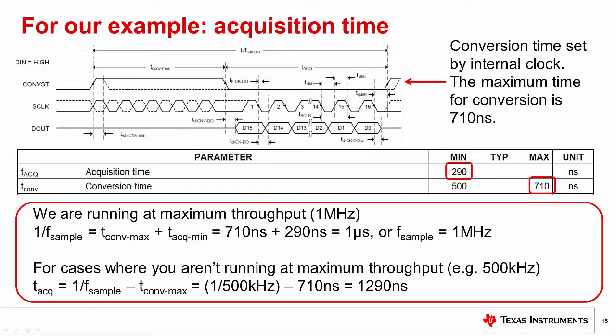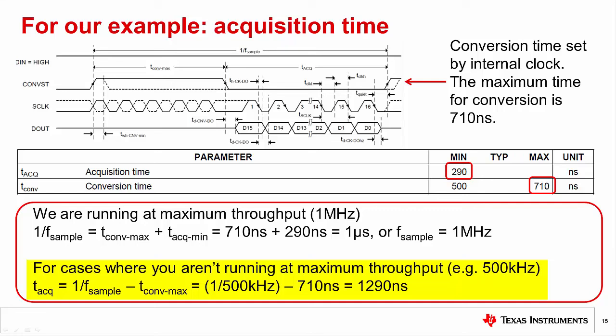Throughput is the total time required to acquire and convert the signal. The throughput can be determined by adding the maximum conversion time and the minimum acquisition time. The acquisition time is another specification required for the software calculator. If the converter is running at maximum throughput, you can use the minimum acquisition time in the calculator. In cases where the converter